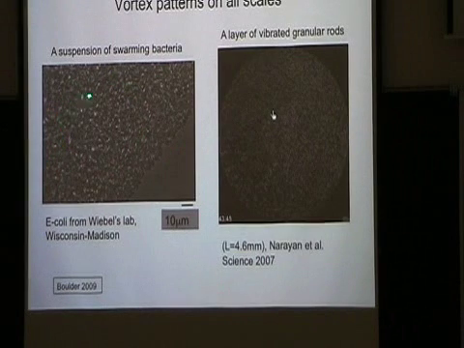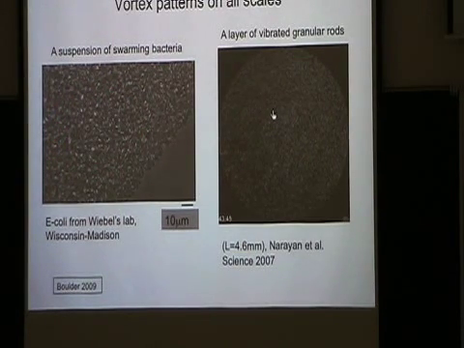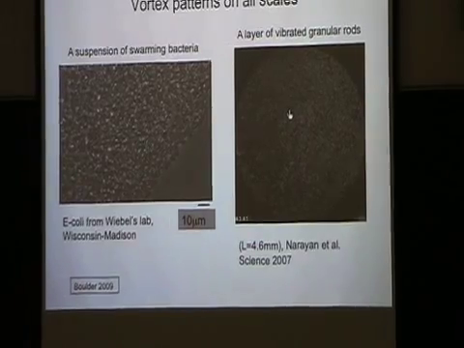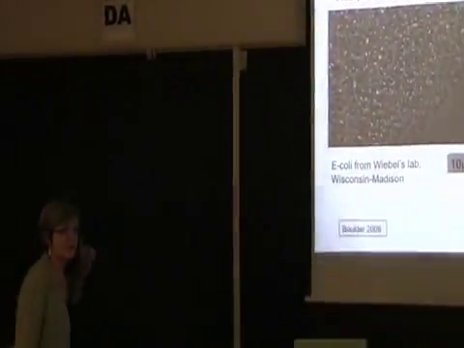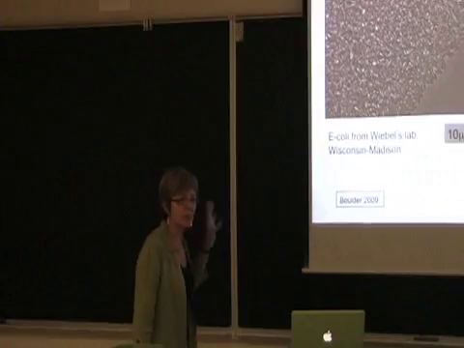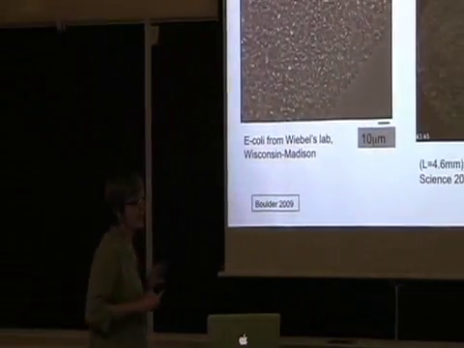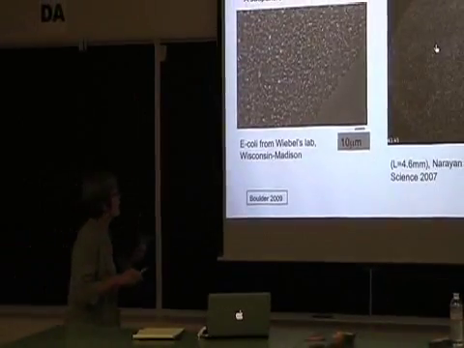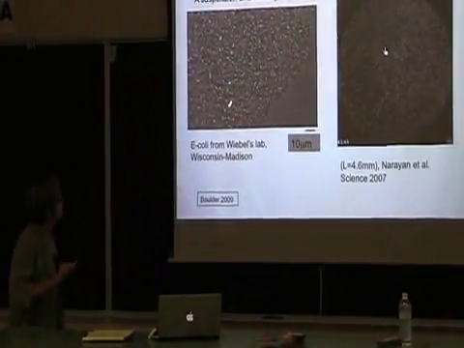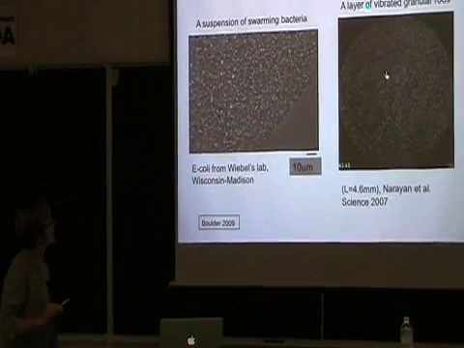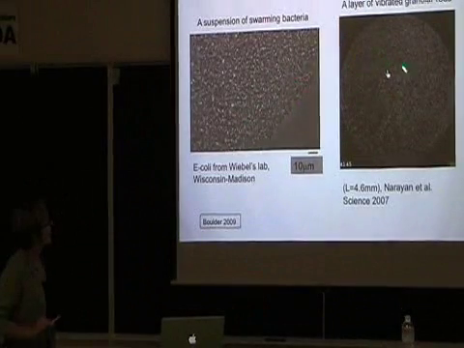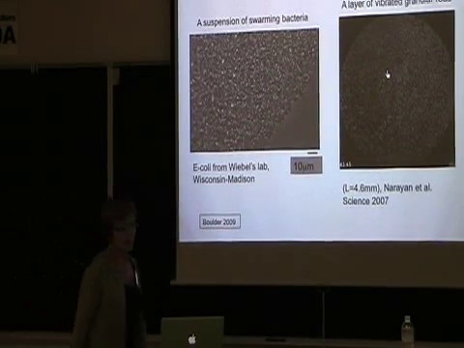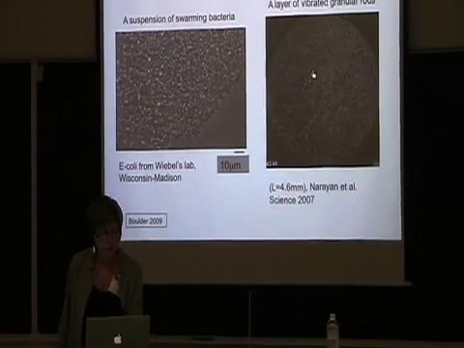But this kind of vortex-type, almost turbulent behavior occurs in systems that have overdamped dynamics, and this is kind of contradictory to anybody who knows anything about fluid dynamics, to see turbulence in a system which is at low or zero Reynolds number, if you like. I'll tell you what the Reynolds number is. So it's kind of typical in this system. And these are actually the two kinds of systems I'll try to model microscopically later on in the lectures.